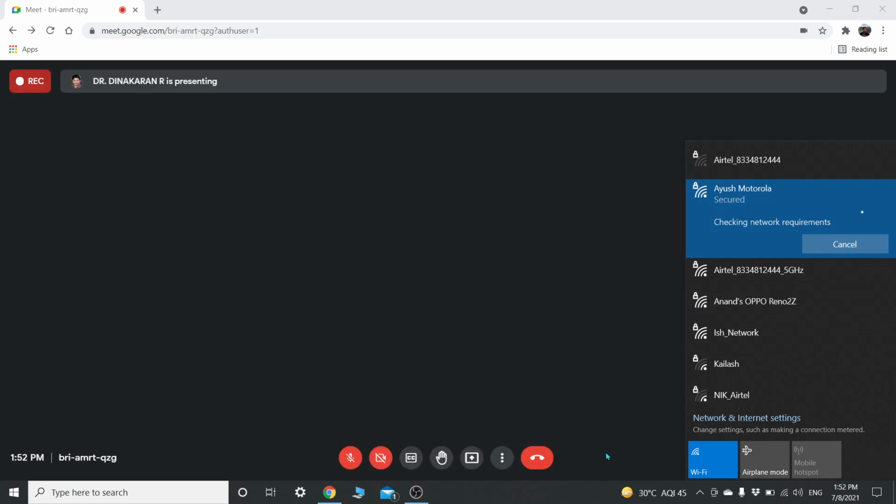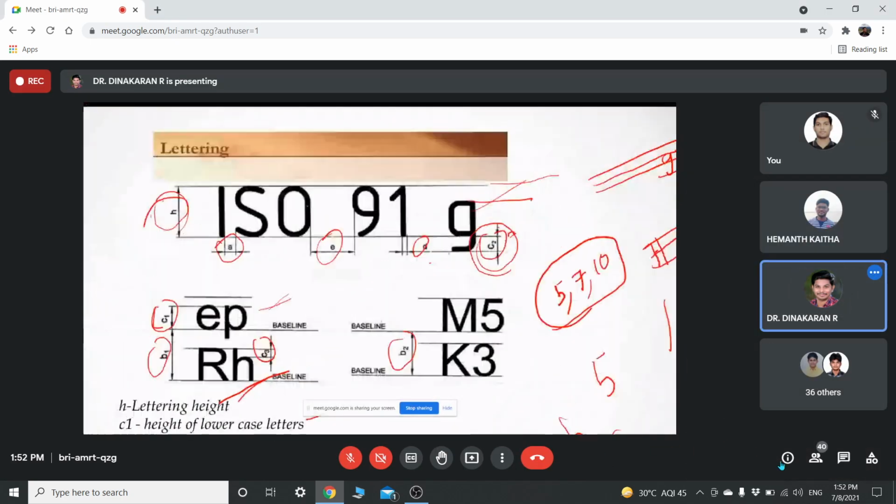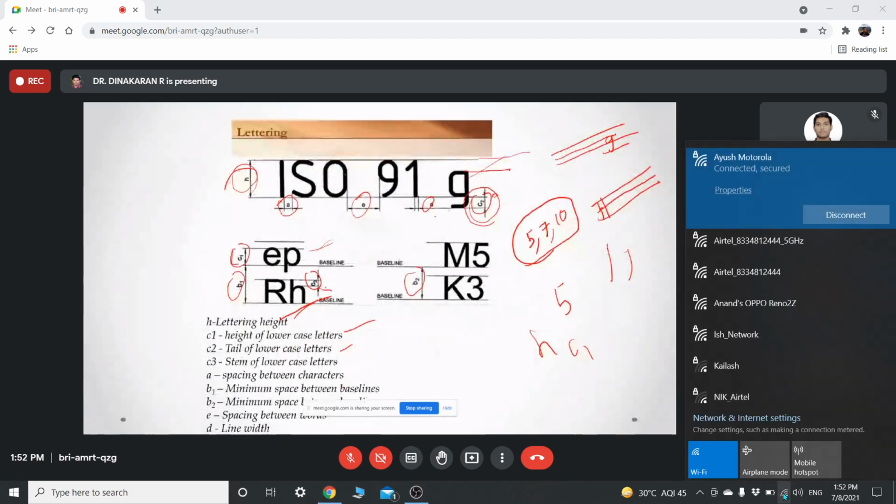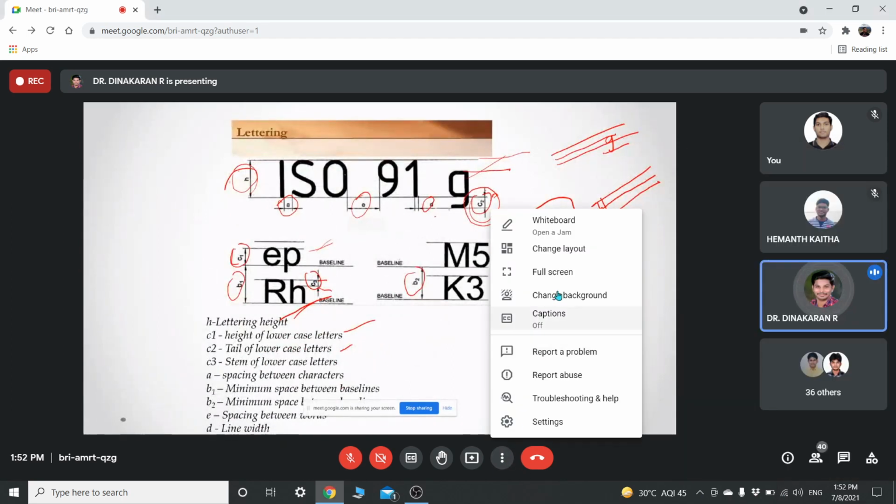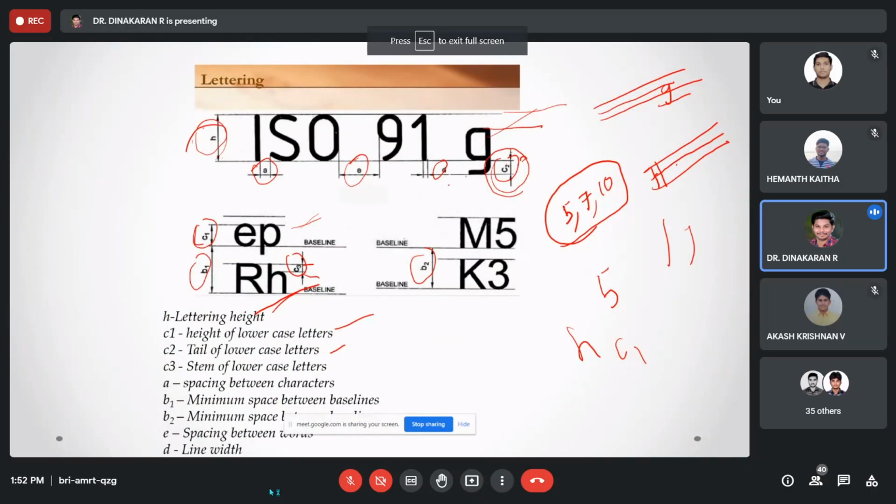For the stem, you see, we combine the C1 and C3, and we will get the total H value. C3 will come either lower or upper to C1. We need to write H like that. C1 will be the capital letter, a normal letter. We can write E like that; normally the C1 value is enough. But for a stem letter like G or P or H, it will come as one more step of record.